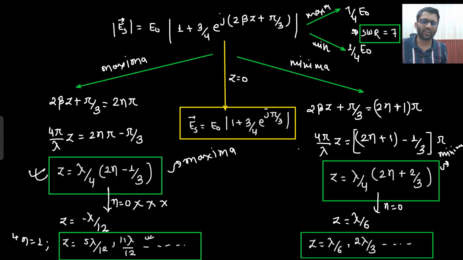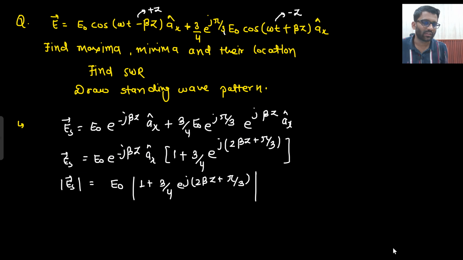Here there was no attenuation, right? With respect to Z, there is no attenuation. It is always at E naught. This is also always at E naught. But if I consider a lossy medium,